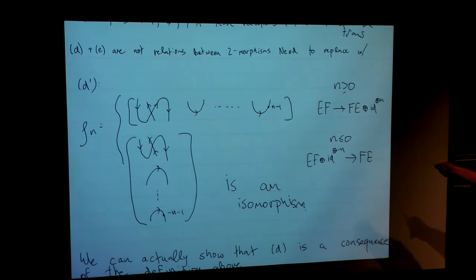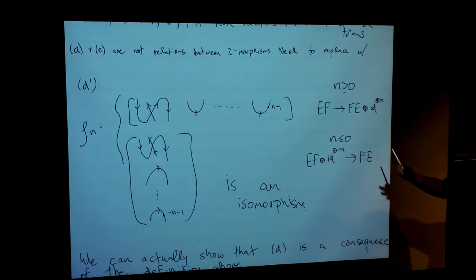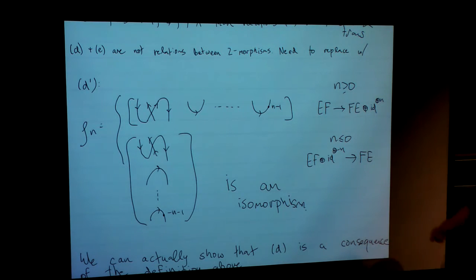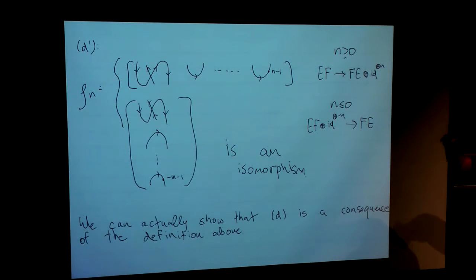All right, and if n is negative, well, I do the only other thing. I move the copies of the identity to the other side of the equation. I only have one way to get a map from the identity to FE, it's this cap, and I have only one way to get more, which is to multiply by dots. So I do that for times. And I add in the relation that this guy is a nice